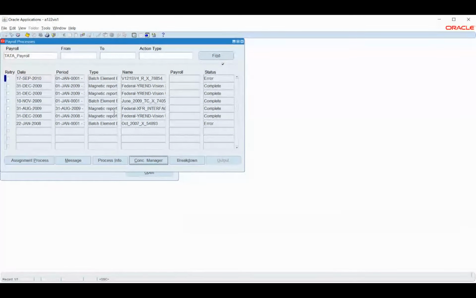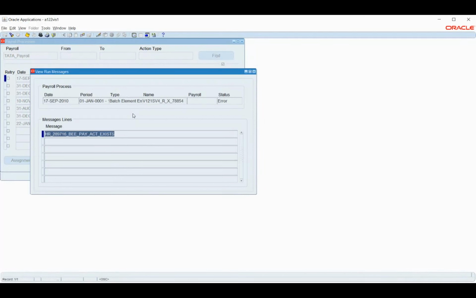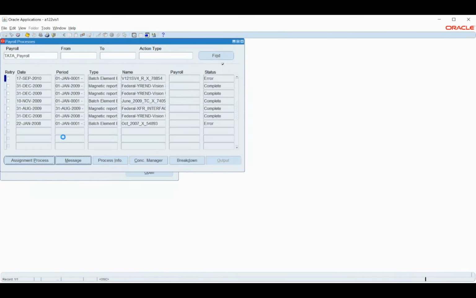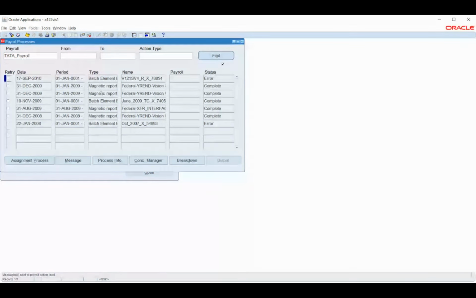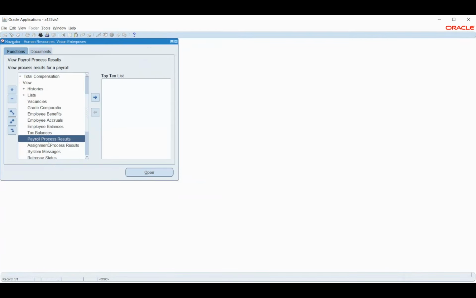Okay, I think some privilege issues. Okay, so there is an issue with the FAST formula that we have attached. Let me check.